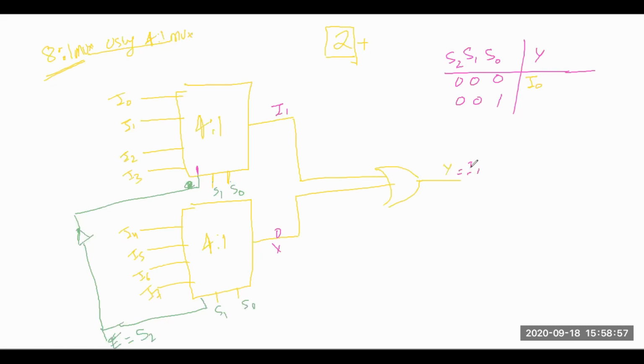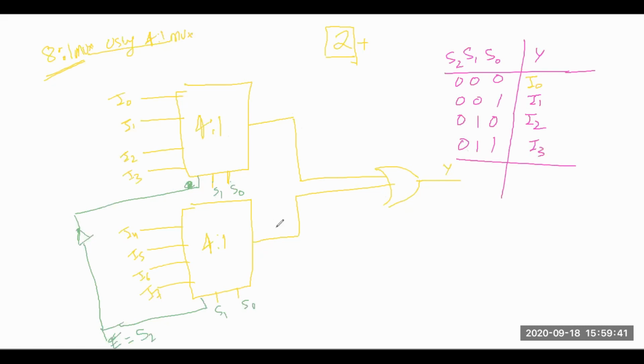So this thing is similar to the previous case, and in this case you will get I1. In the third case, 0 1 0, here also this lower one will be in inactive mode, and this will be in active mode because enable you are giving 1. Here you will get I2, and I2 plus 0 will be I2, so you will get I2. The last case also, this will be in active mode. Here we will get I3 because S1 and S0 both are 1 1. I3 plus 0, you will get I3.